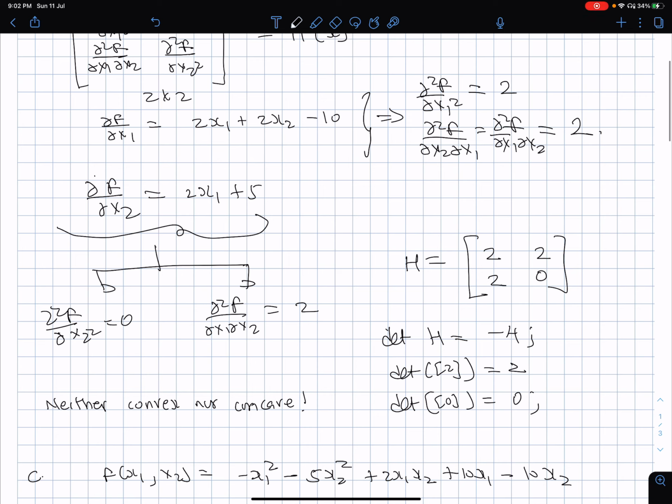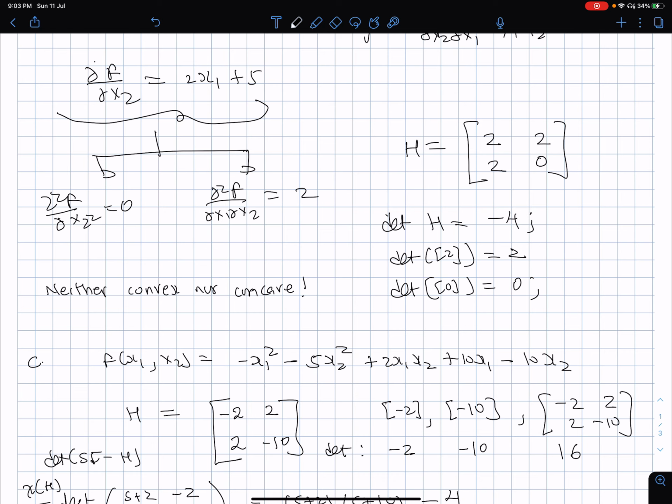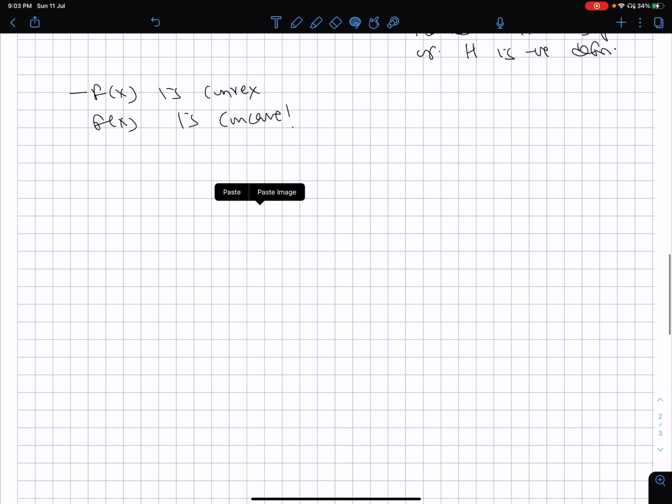Okay, so in this first example, I don't see any problem happening, because one determinant was negative, and one determinant was positive. But now that we have, I would recommend that one should calculate the eigenvalues also, as I'm usually more comfortable with the eigenvalue way. So let me also calculate the eigenvalues of this matrix just to verify everything.